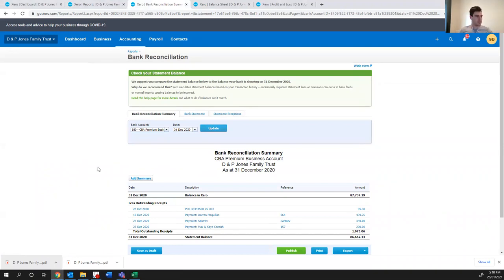Probably a good example. Sometimes what happens is the client will put through a payment on the bank account and it won't have reconciled till after the period. So it might be after the 31st of December. So what we want to check is in each of these transactions, do they reconcile after the date? So if you click into each of them,